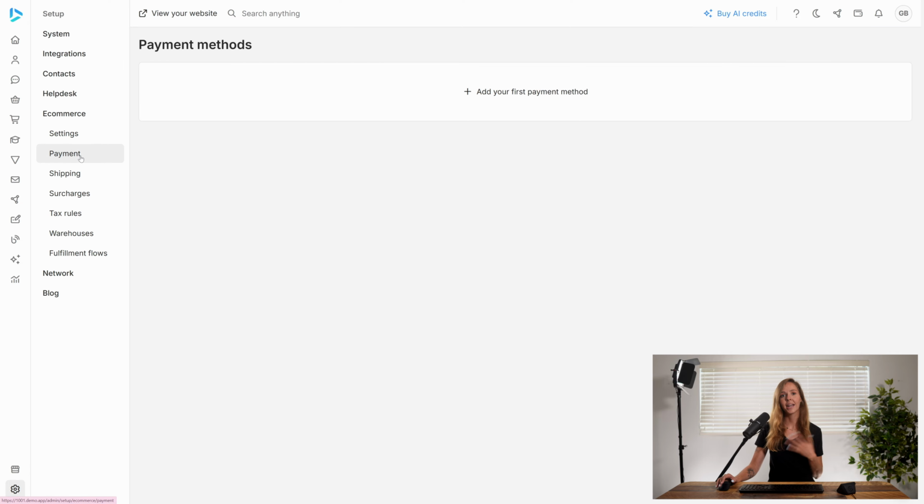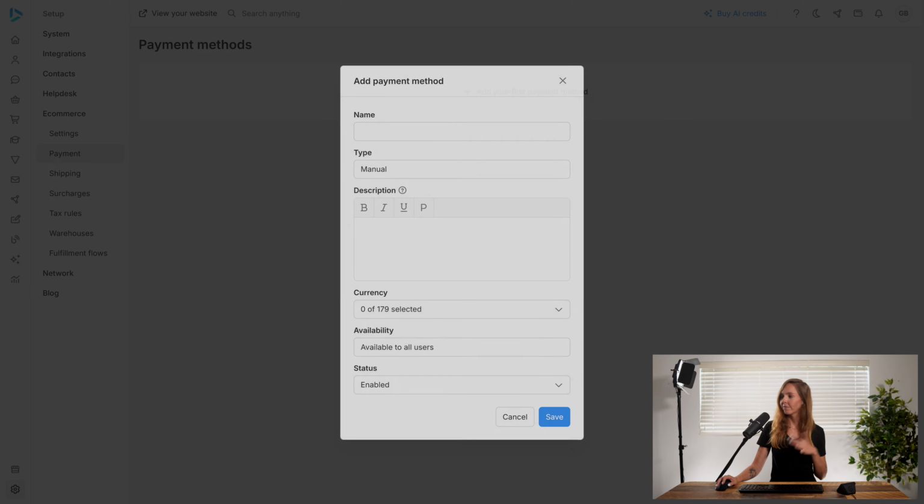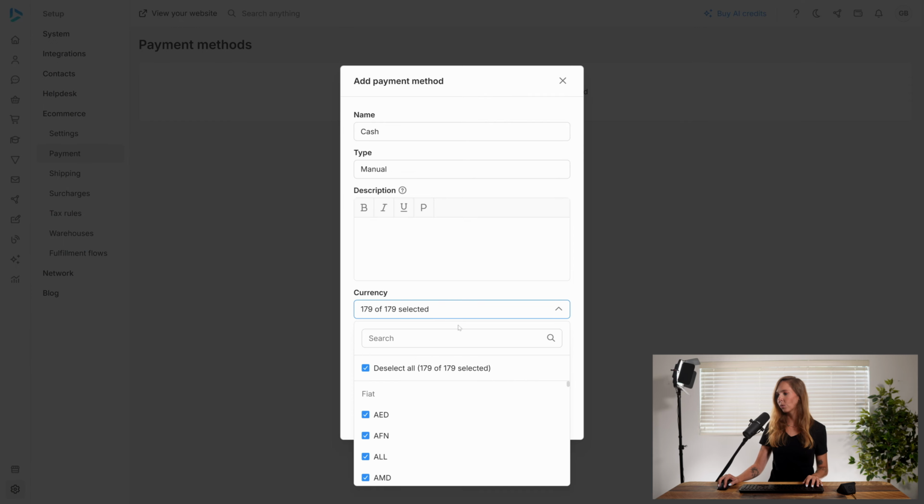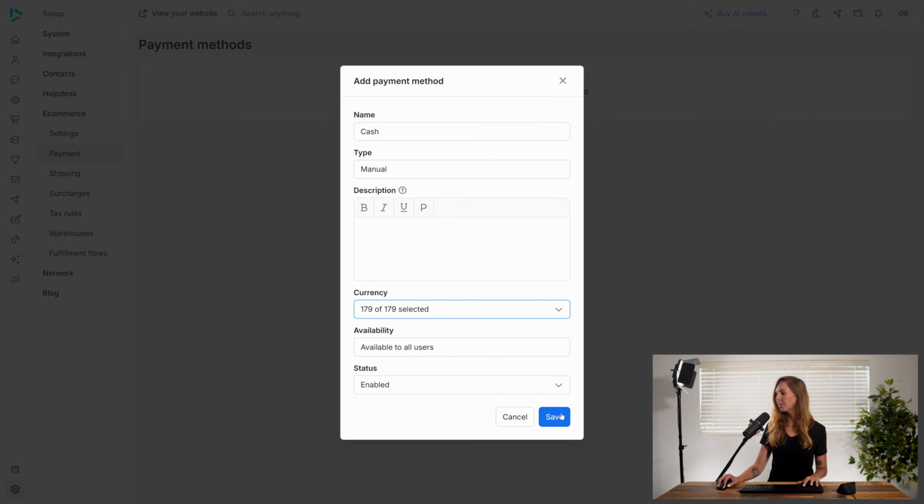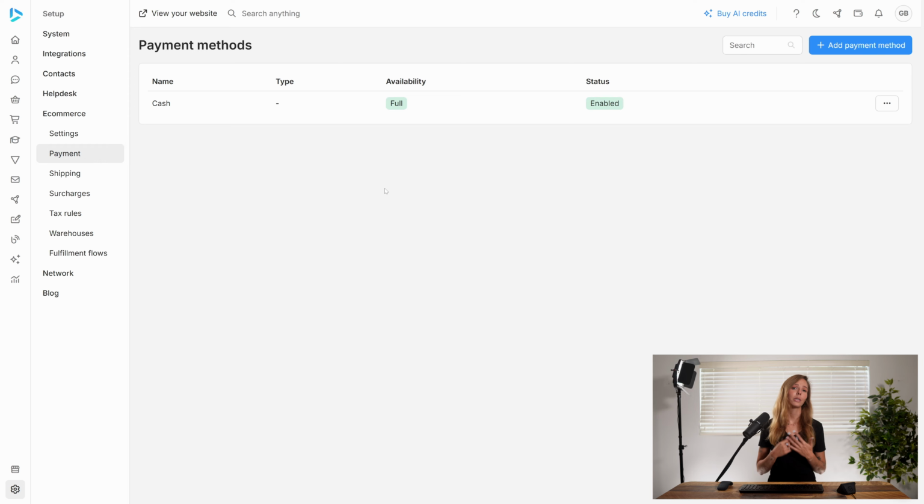Now we're going to go ahead and add a payment method. And for this example, I'm just going to use a cash payment method. So it's going to be a manual one. And I'm going to select all of my currencies and I'm going to hit save. This payment method is going to allow me to demo all of this in the system for you, but